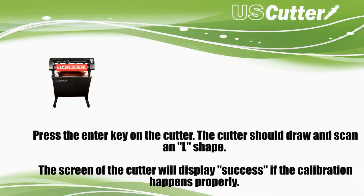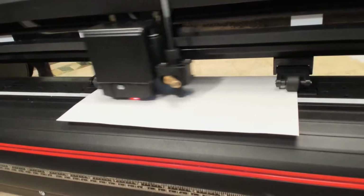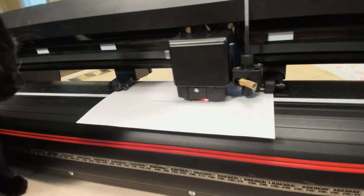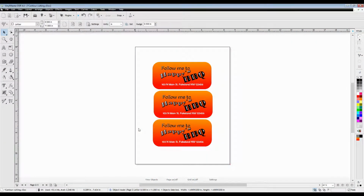Next, you will press the enter key on your machine and it should draw an L-shaped design and scan it with the laser tool. The screen should display success if it's done properly, but if you haven't used your pen tool in a while, it may take a few tries for the ink to leave a dark enough mark for it to register. Now that we have everything calibrated, let's get over to Vinyl Master and prep our design for